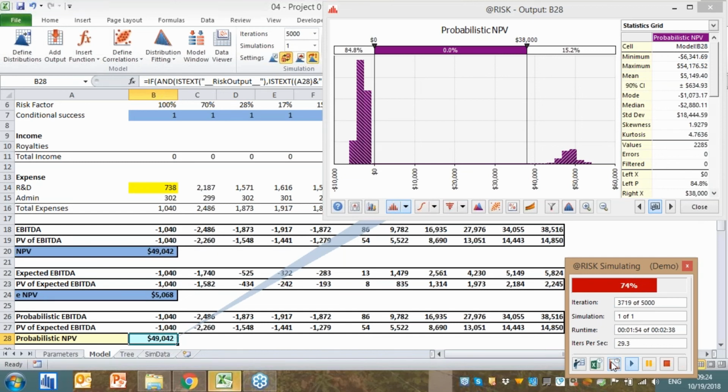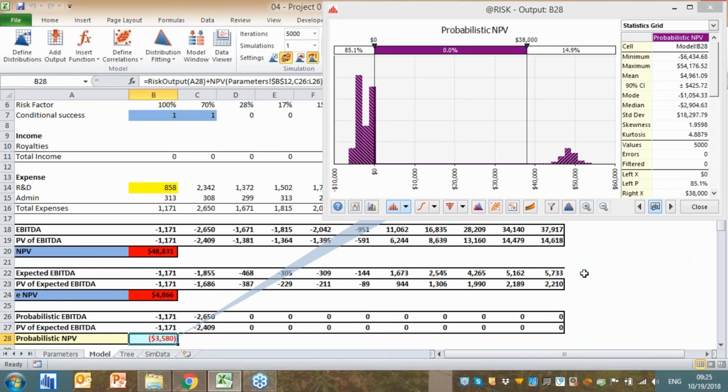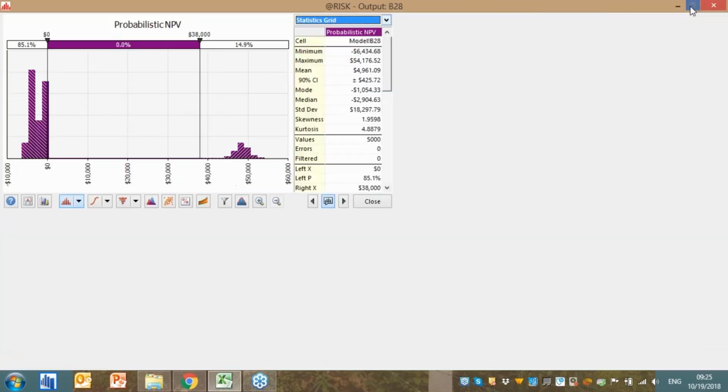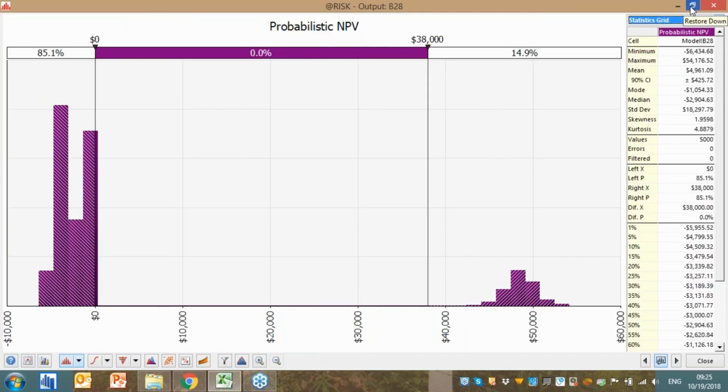Now, if you were to go here all the way to the end, you'd be able then to see what is going to happen after 5,000 iterations. So you come over here, 5,000 iterations, and now after 5,000 iterations, let me open my probabilistic NPV and see its results. As I stated before, during the passes I've made to the chart, as you can see, there's approximately